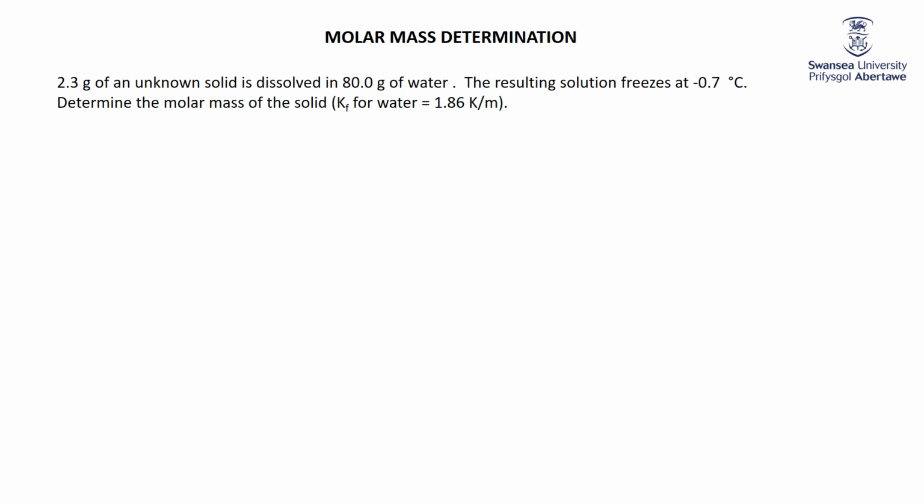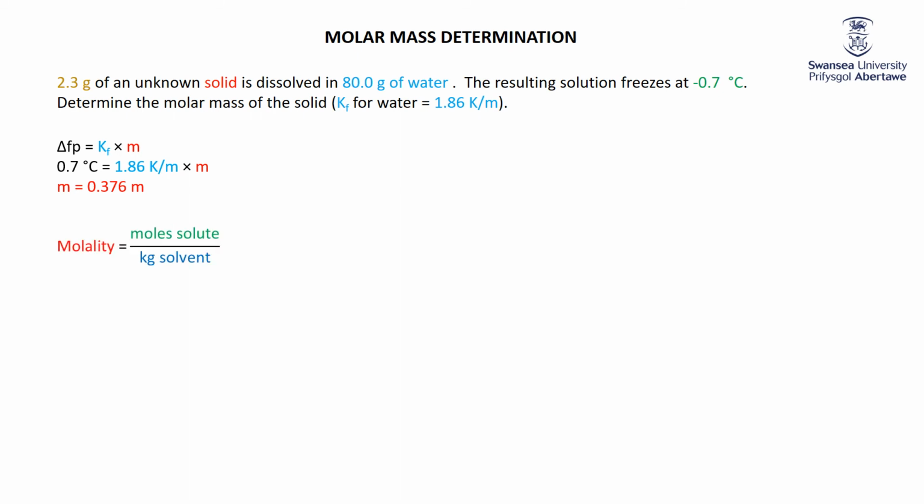So looking at this, 2.3 grams of unknown solid dissolved in 80 grams of water. The resulting solution freezes at minus 0.7 degrees Celsius, so we will assume a change in freezing point of 0.7 degrees Celsius. Determine the molar mass of the solid. Well, we know that the change in freezing point is the freezing point constant times the molality. In this case, we know the freezing point constant, we know the change in freezing point. Pop those in and we can determine that our solution has a molality of